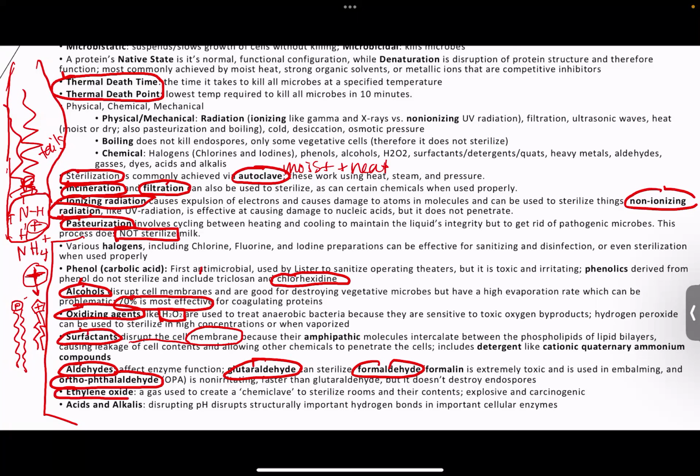Ethylene oxide. So this is a gas. There's ethylene oxide and chlorine oxide. These are gases that we can use to sterilize things. So if we're using chlorine oxide gas, that would be used to bubble through water to remove microbes. But ethylene oxide is a very commonly used gas to sterilize whole rooms and even buildings. And so we can seal off a room's ventilation system and pump in ethylene oxide gas, and it will sterilize